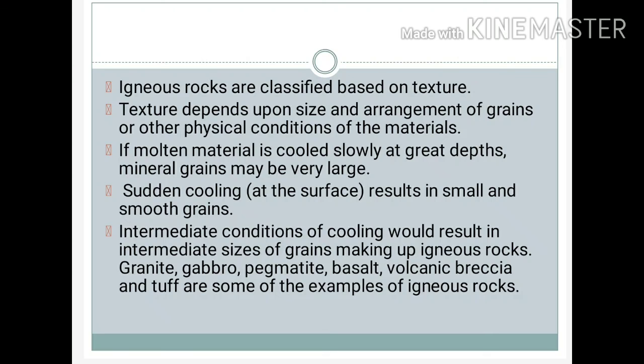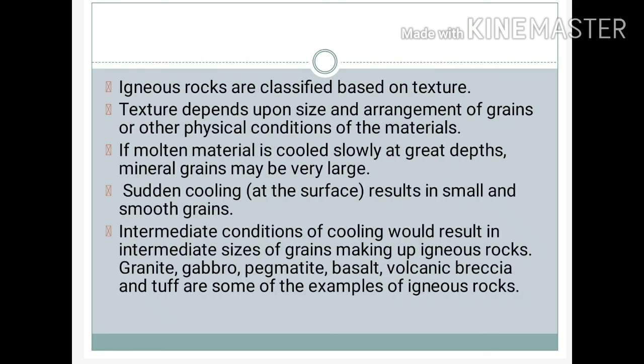Igneous rocks are formed because of the cooling and solidification of hot and molten lava or magma that comes out from the interior of the earth during volcanic eruptions. And because of the cooling and solidification of hot and molten lava, igneous rocks are formed. Igneous rocks have been classified on the basis of the texture, and texture depends upon the grains of the minerals which are present inside the rocks.